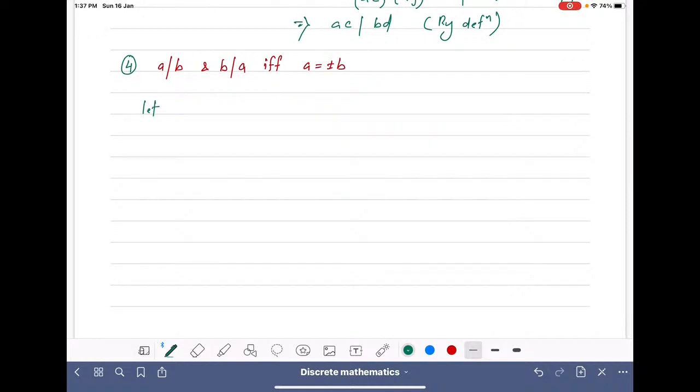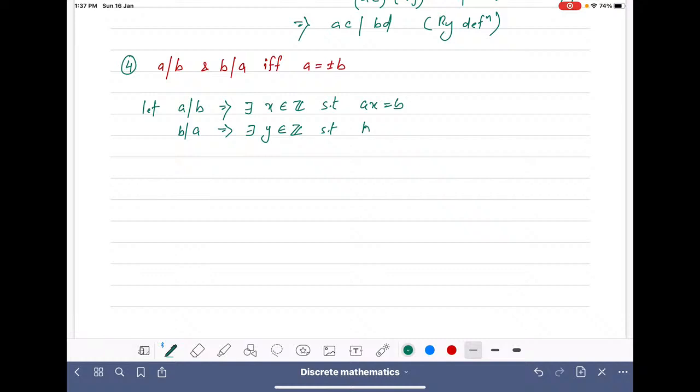Let A divide B, then there exists an integer x such that Ax equal to B, and B divides also A. That means there exists an integer y such that